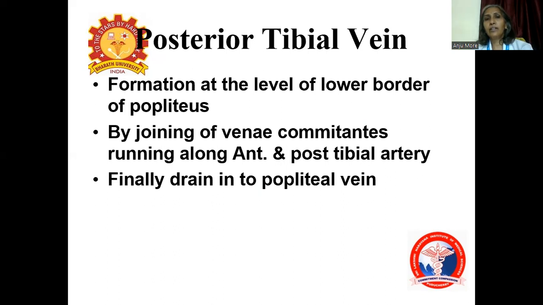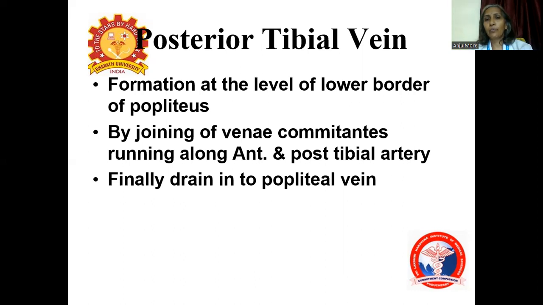The vein in the region which is deeply located is the posterior tibial vein. We already saw two superficial veins in the region as the great saphenous vein and the short saphenous vein. Great saphenous vein along the medial side, short saphenous vein along the lateral side. So the posterior tibial vein is the deep vein which is formed at the lower border of the popliteus by